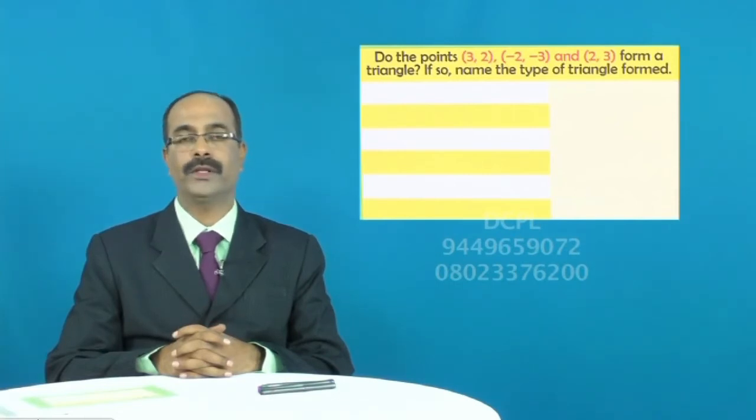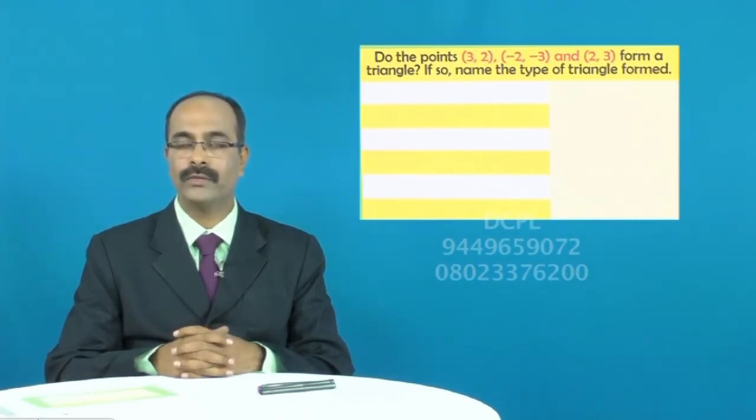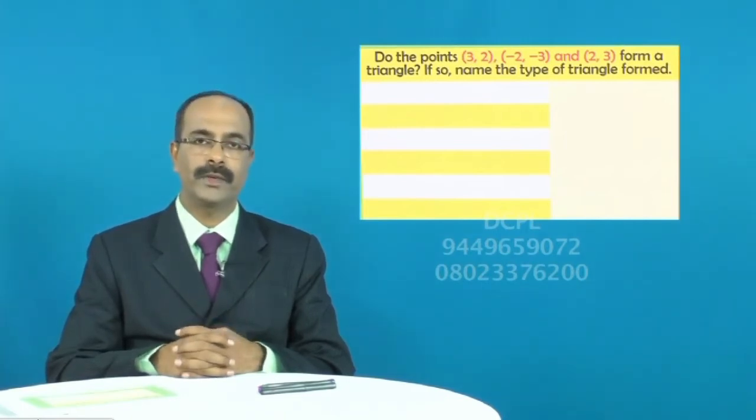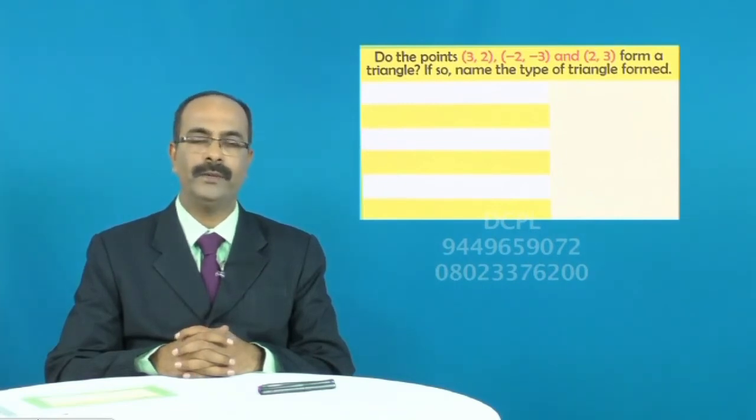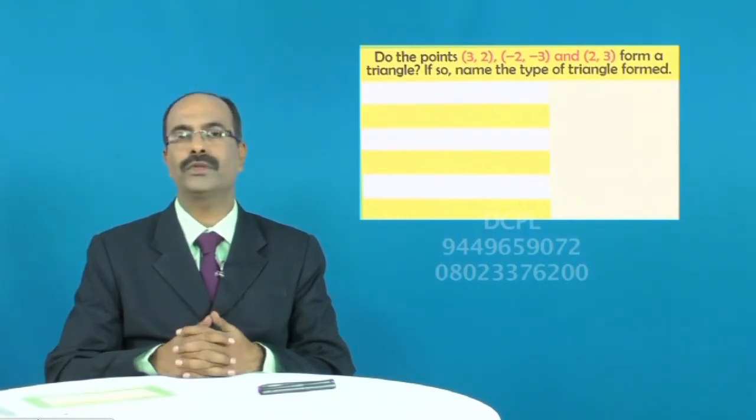Correct? What is the next important information? All the three angles are equal. And what is that equal to? All the angles are equal to 60 degrees. Why is it 60 degrees? Because the sum of the three angles is equal to 180 degrees. If you consider each of the three angles of the triangle as x, then because it is an equilateral triangle, all the three angles should be equal. 3x is equal to 180 degrees, x is equal to 60 degrees. This you should have studied in maybe your third standard or fourth standard.